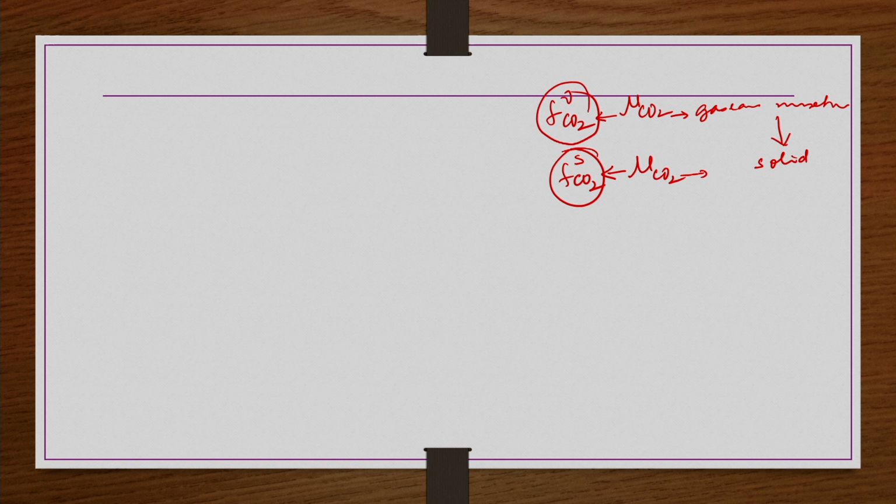If the chemical potential of this component is low in the gaseous mixture, it cannot go from low chemical potential to the high chemical potential side. So, precipitation will not occur, right. If the chemical potential of CO2 in the gaseous phase is high, then it is possible that it goes from high chemical potential to the low chemical potential side, that is the solid side. Then precipitation occurs, right.